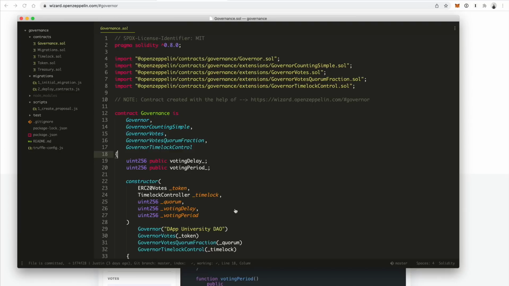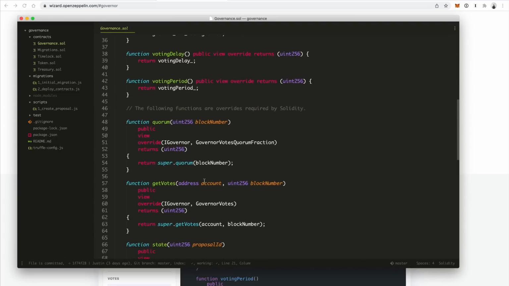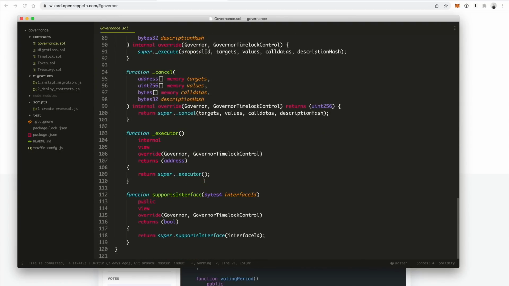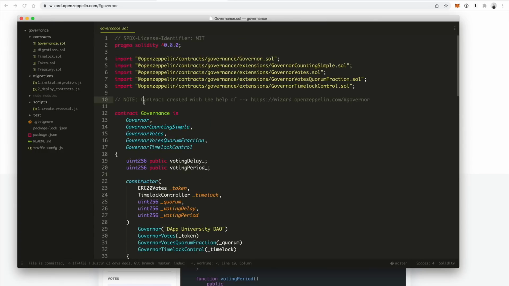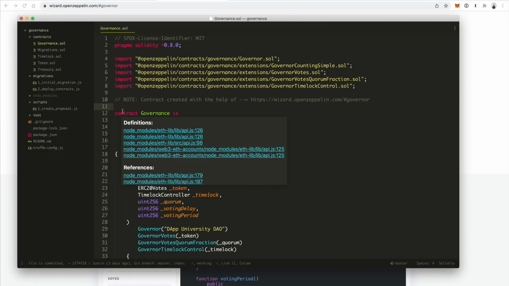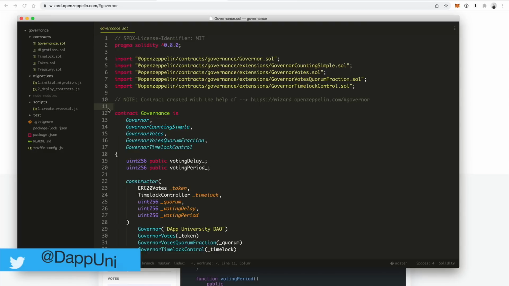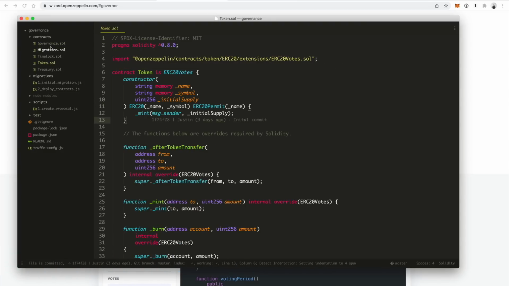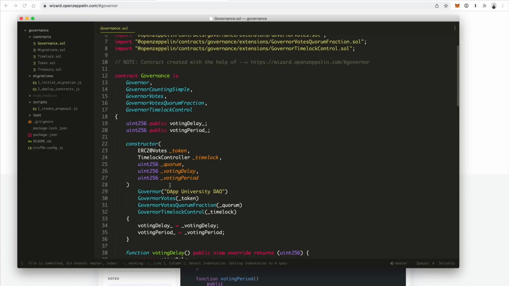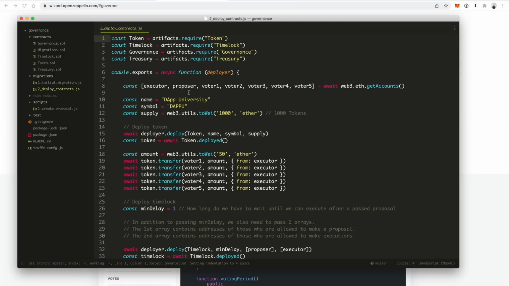So we'll go over how these work a little bit more in a second, but let's go ahead and look at how we put these contracts on the blockchain and everything that you need to know when you want to deploy it. And then we're going to watch it in action. We're going to demonstrate it, and then we're going to explain it. So we have the contracts coded here. Again, you can see the token settings. You can see the governance contract. You've got the Dapp University DAO as the title here. But let's look at how you put these contracts in the blockchain,